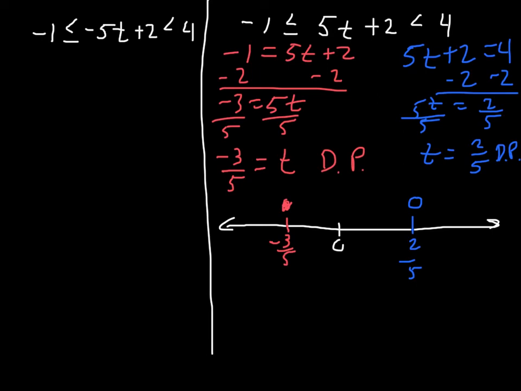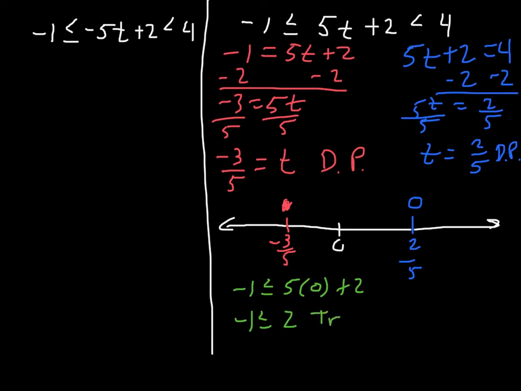So the next thing I have to do is test a point. And I mentioned a minute ago that I always want to test a point that is in between these two. If I can test 0, I will. The last one I couldn't. This one, it's okay for me to test 0 because 0 is in between my 2 dividing points. It makes it easier. So I'm going to go ahead and test 0. So I have -1 is less than or equal to 5 times 0 plus 2. So this is negative 1 is less than or equal to 2. And that is